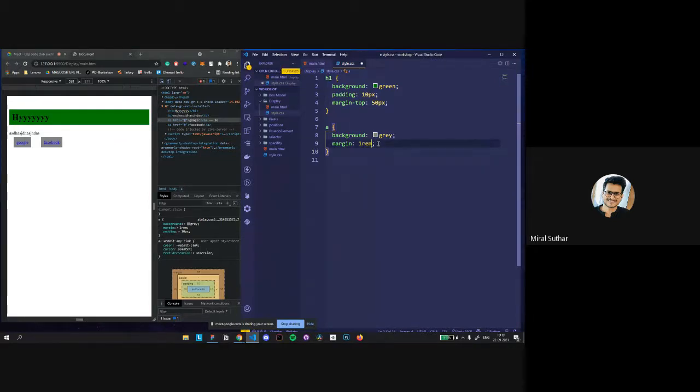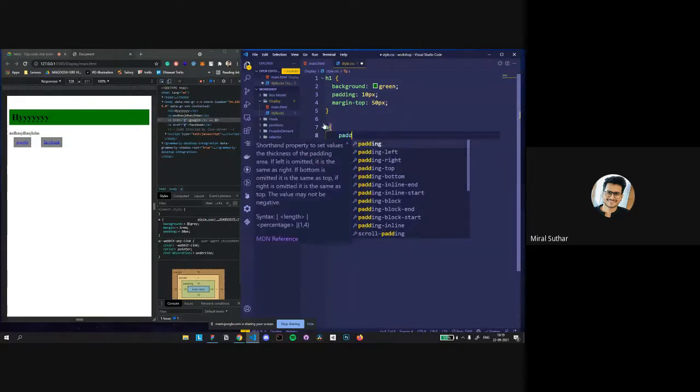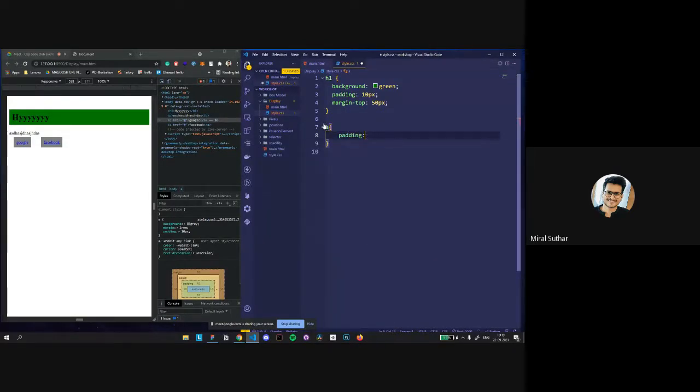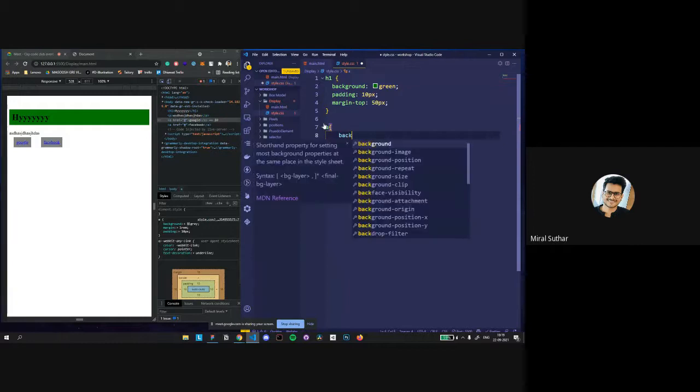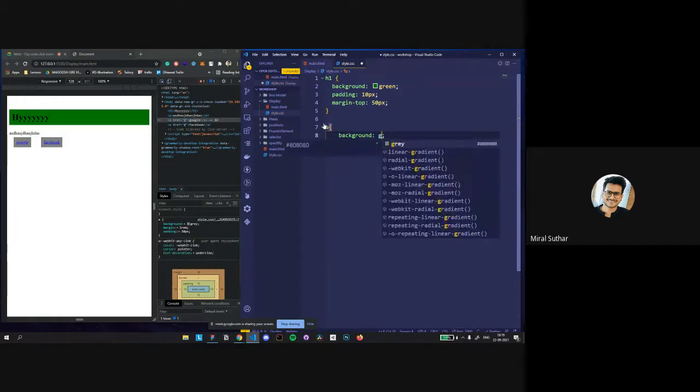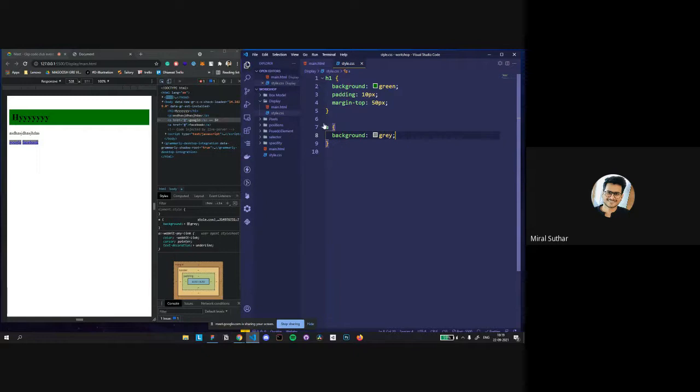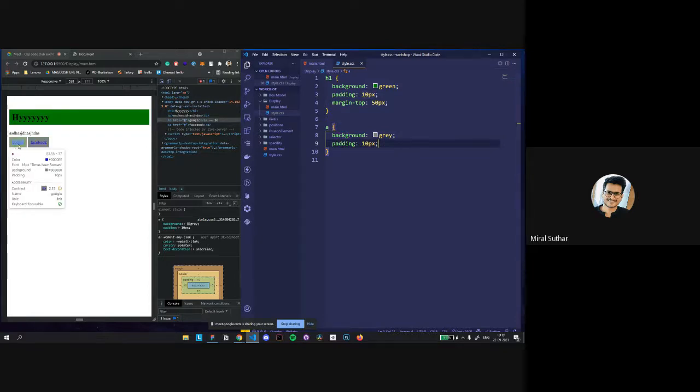So padding is applying. Select the anchor tag and the padding. Okay, so the padding is applying on the anchor tags.